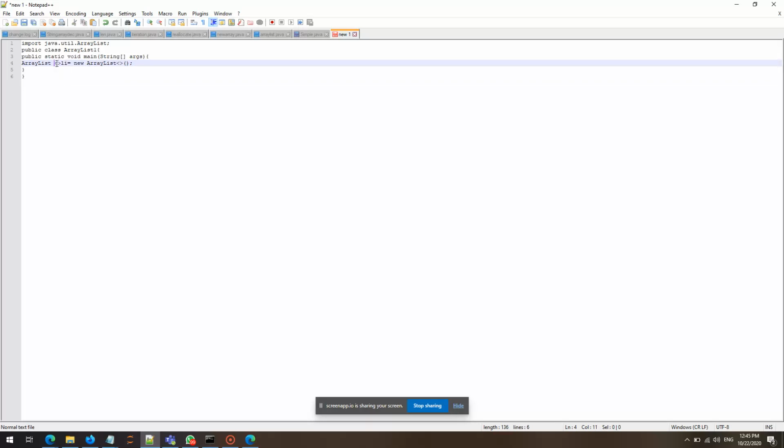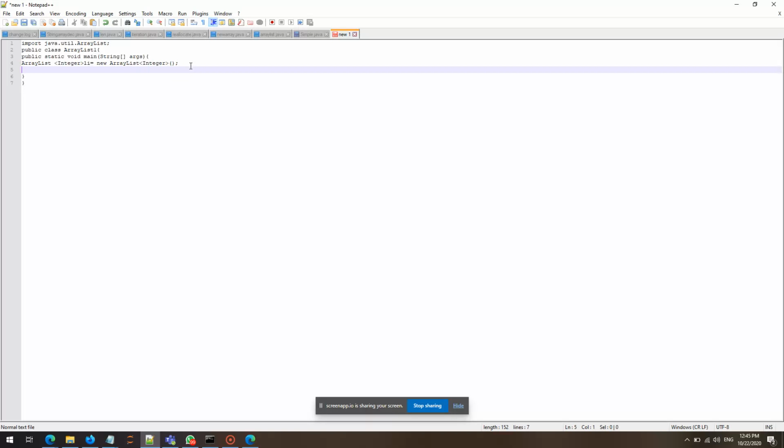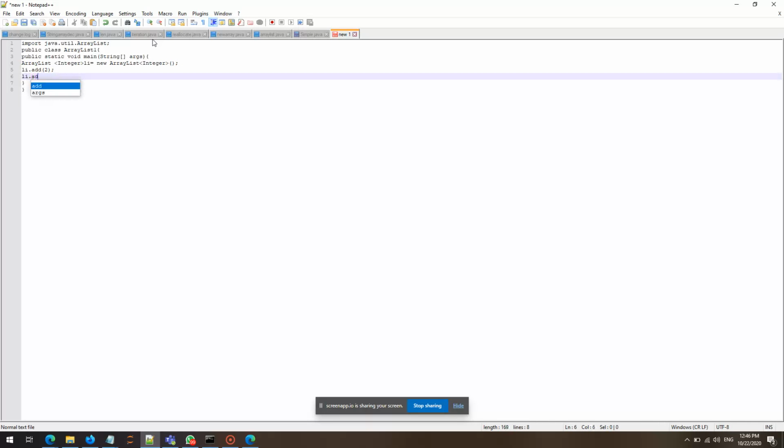Okay. First, we want to give an example of integer. It's a simple thing. This is also integer. Then we start adding to the ArrayList. If you want to add, then li dot add. We defined li earlier. li dot add 2. Sorry, li dot add another element,